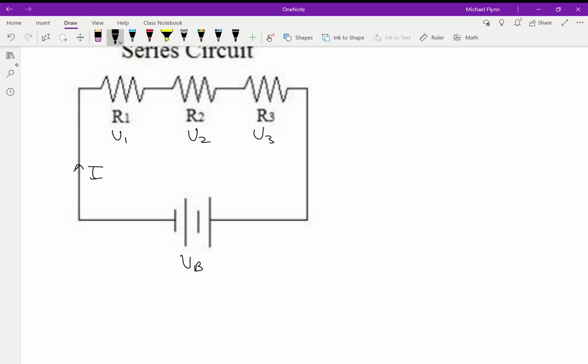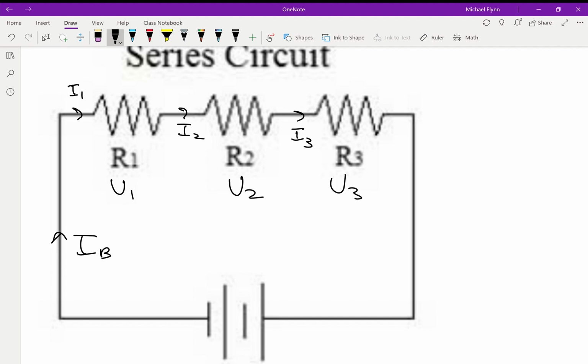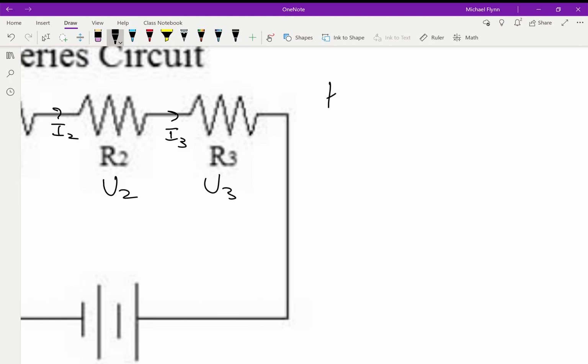Now, the current coming out of the battery we'll call IB. This is I1 here, this is I2 here, and I3 here. If that makes sense to you, this is flow through the pipe, through the wire, and that's it. Now, according to Kirchhoff's laws with a series circuit,